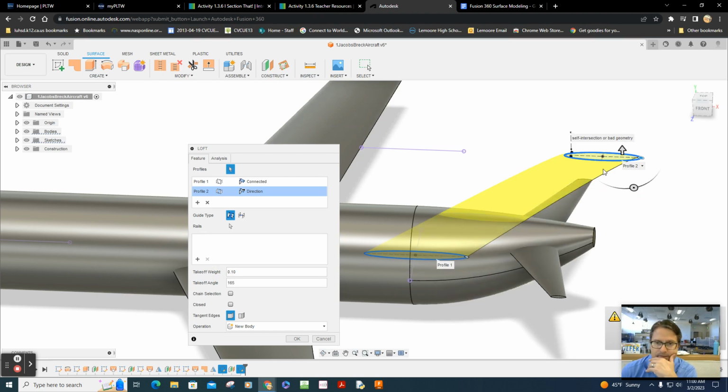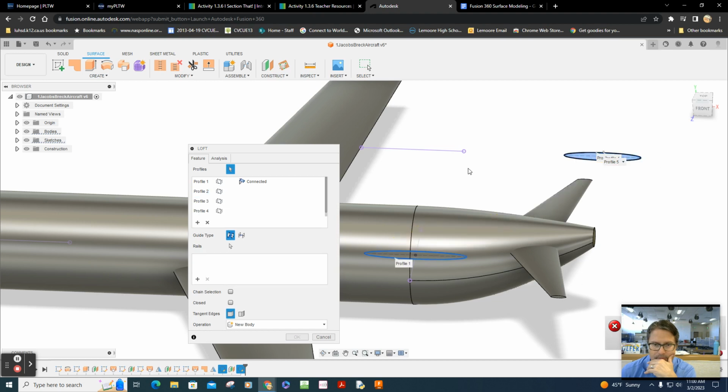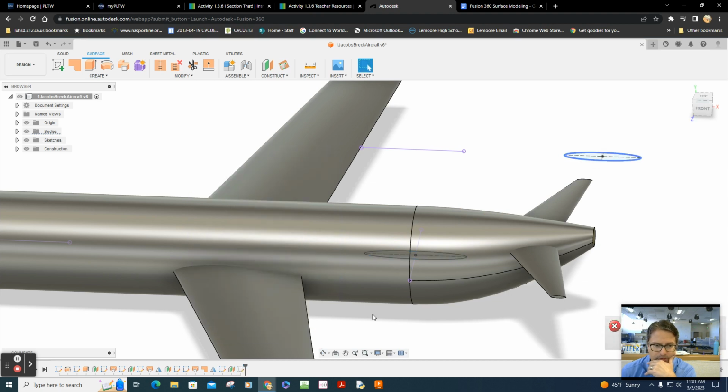And it says it's still a little off, so we still need to move it over. If I can do that now, let's see. Nope, won't let me do that yet. Let's cancel that. Let's move it over a little bit more.